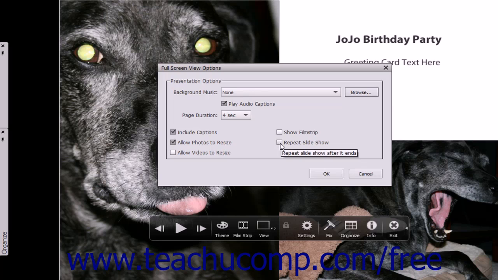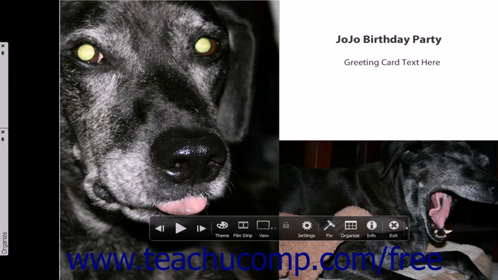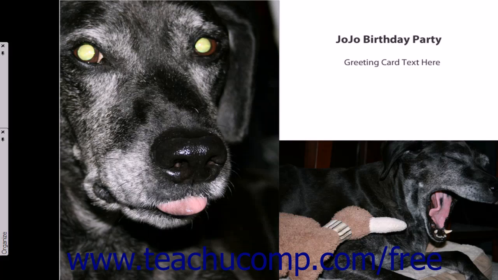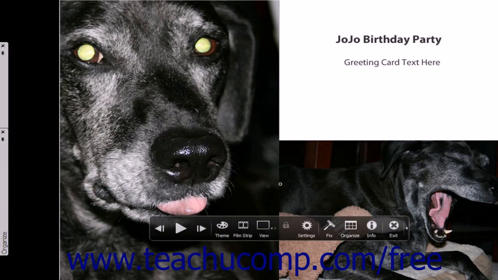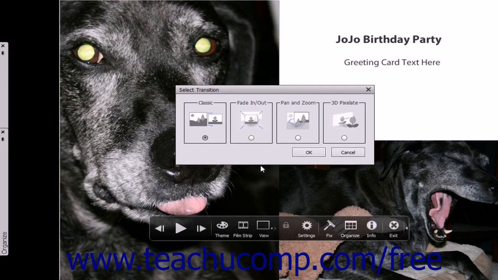After setting the desired options within the Full Screen View Options dialog box, click the OK button to apply them. To change the transition used to advance from one photo to the next within a presentation in full screen view, click the Theme button in the toolbar to open the Select Transition dialog box. Select the option button that corresponds to the transition you want to apply, and then click the OK button to